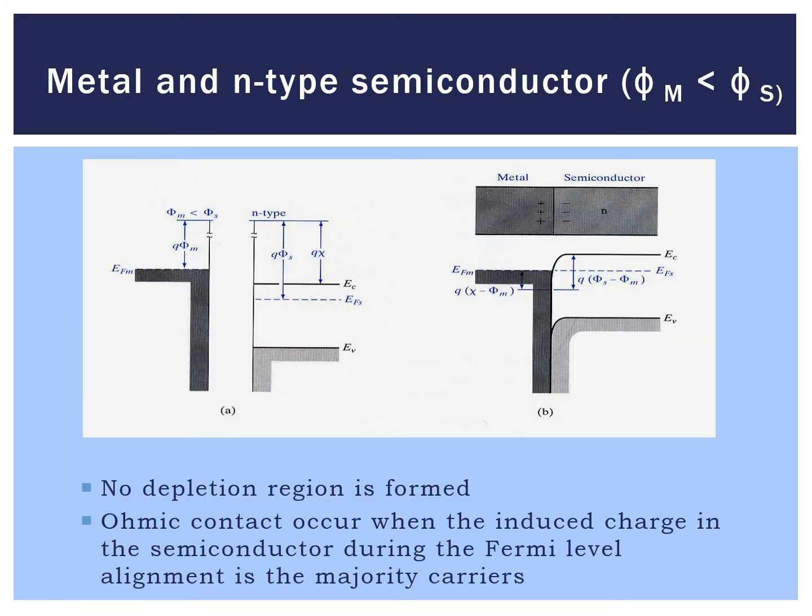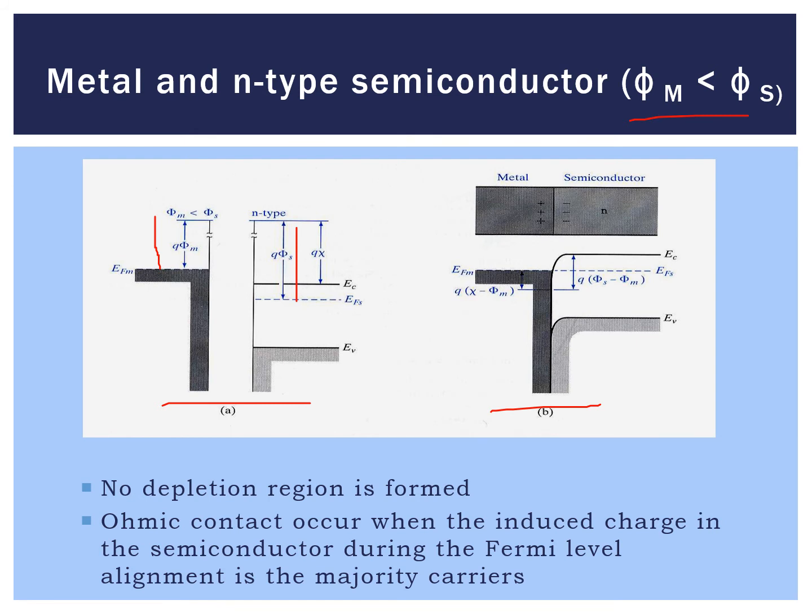Let us take the example of metal and n-type semiconductor wherein phi m is less than phi s. Now phi m is the metal work function, you can see here, and phi s is the semiconductor work function. So phi m is less than phi s. Now this diagram is before you join the metal and semiconductor, and whenever you join both of them, in order to align the Fermi level, the carriers would be flowing from metal to the semiconductor and the Fermi levels would be aligned.